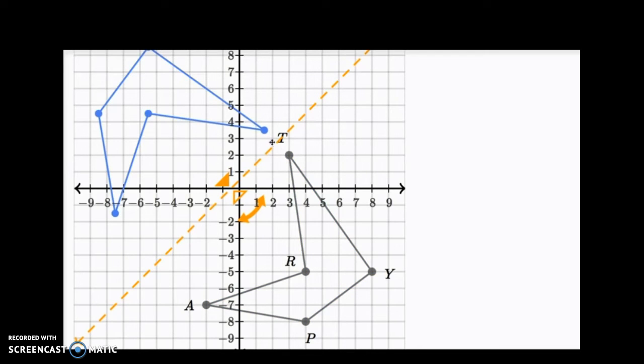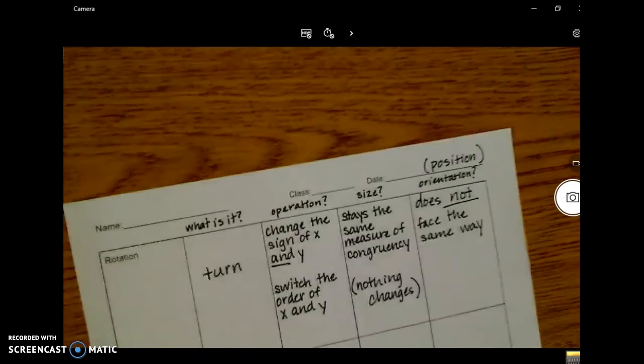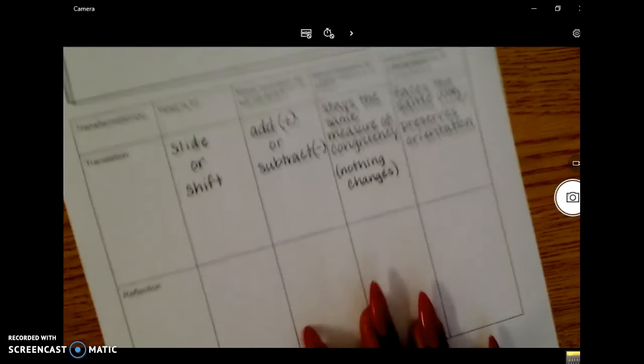This is this far away from the line. This corresponding point of the image is on the other side of the line, but the same distance. This point over here is this distance from the line, and this point over here is the same distance, but on the other side. Now, all of the transformations that I've just showed you, the translation, the reflection, the rotation, orientation. Now we turn our attention back to our notes, and we want to flip our page over and talk